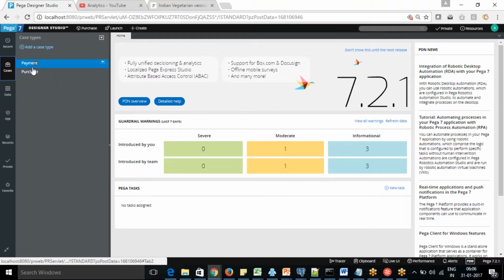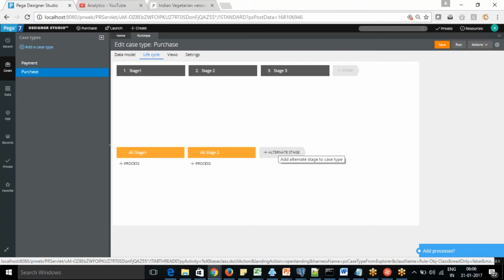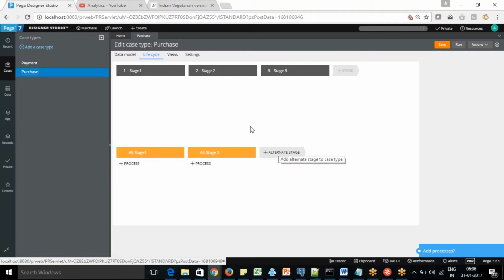Yeah. So we started with the case. Okay, so if we say purchase. Okay, so I just gave you some dummy things on that. We're going to configure that at a later stage, how we are going to do the other things, when we are designing the process and everything. I'll give you some basic good names and how we are going to do that.